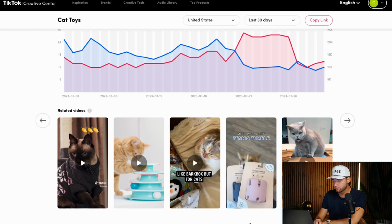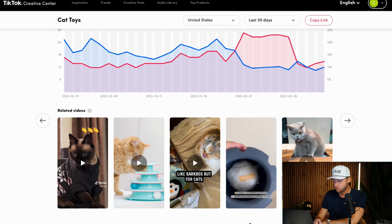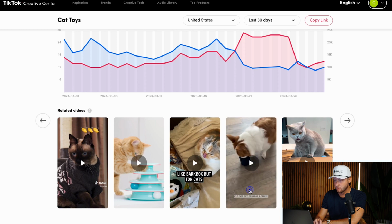Hi everyone, wanted to introduce you to the tennis tumble. It comes in a variety of colors and is made from durable natural rubber. If it ever gets...